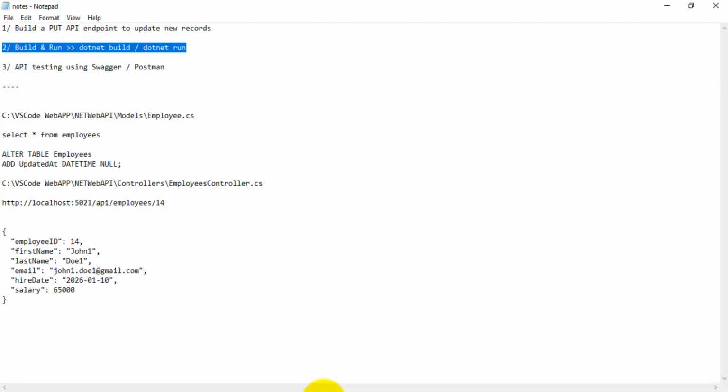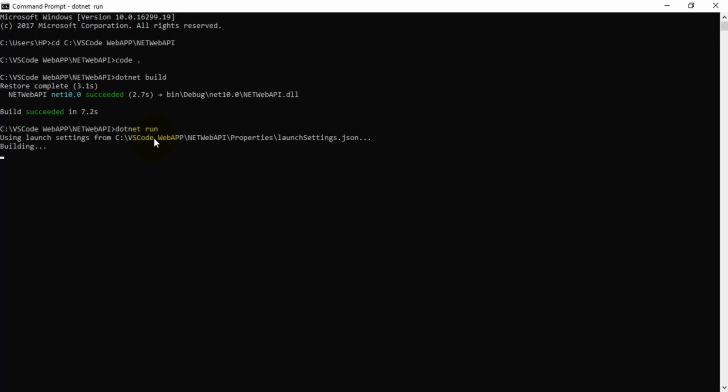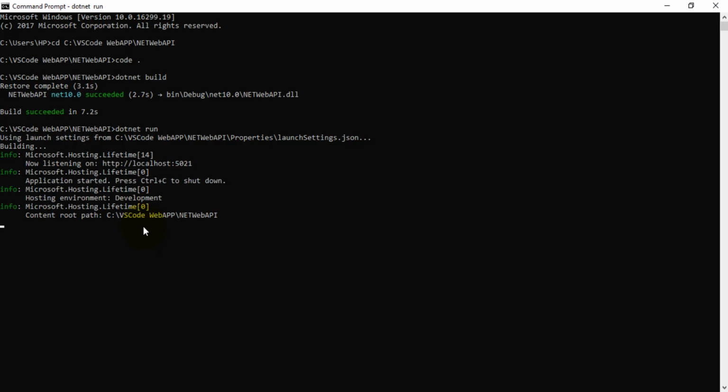Okay, I'll go to the command prompt. Here I'll build my application with dotnet build. So build succeeded. I need to run my application. So here you can see I'm getting one URL, right? So I copy this URL,